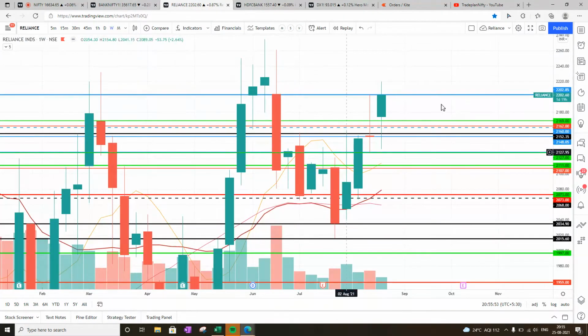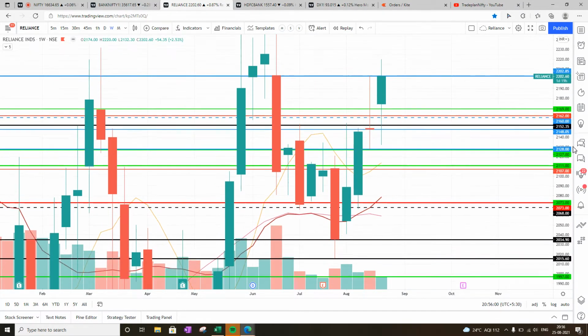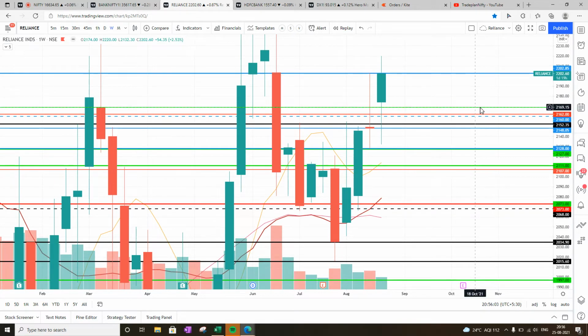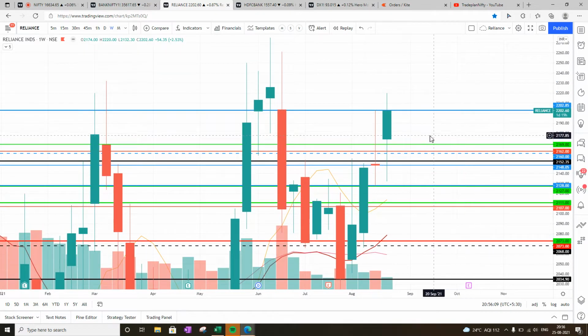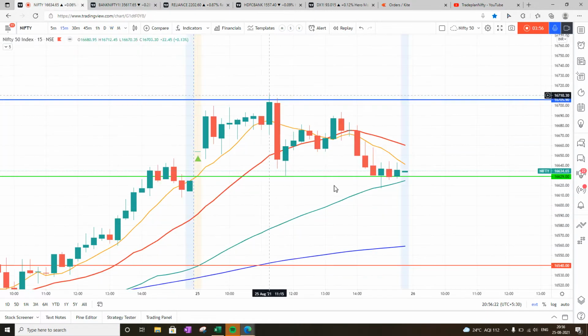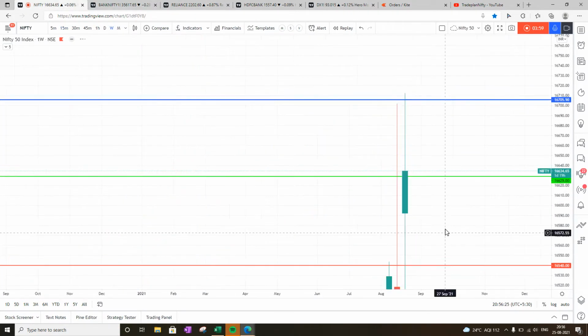Now when we look into Reliance, Reliance is almost touching again the top of a consolidation, which is at 2202. Still no sign of reversal. Now it will have a very good support at the 2170 zone. So 2170 to 2150 is a very good support zone for Reliance. So Reliance is also not showing any sign of weakness: above 8, above 20, above 50. So Reliance is also in uptrend. Global signals as well as key local elements are looking quite positive. With that in background, let's have a look into Lalaji, that is our Nifty.